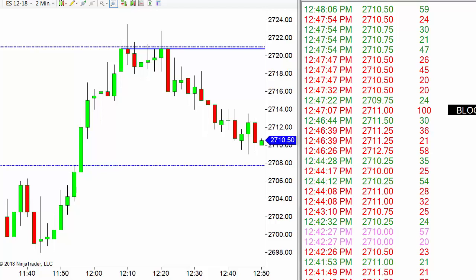I would expect us to reach down to the support level. What we want to look at is, what's going to happen when we hit that support level? Because one of the big questions people have, and rightfully so, is, how do I know if a support line is going to hold, the market's going to bounce off of it, or if the market's going to slice right through? The last time we hit that blue line below, you could see over on the left side of the chart, those green bars around 1155 or so,